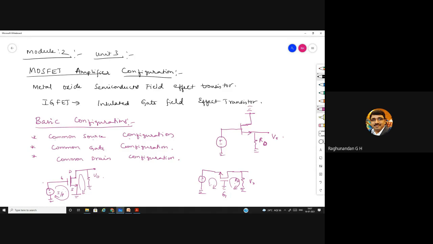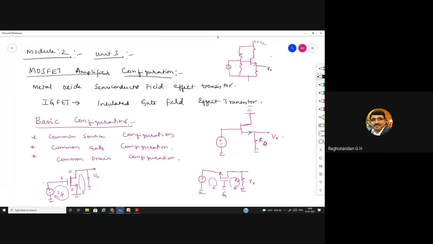Whenever you take the same voltage divider bias circuit which we have learnt now, we were telling that the output is very good. It is the amplified version of the input. So if we connect like this, we were telling the output is the amplified version of the input. Just stop taking it here and for the same circuit, just take the output here. This output will be equal to input.